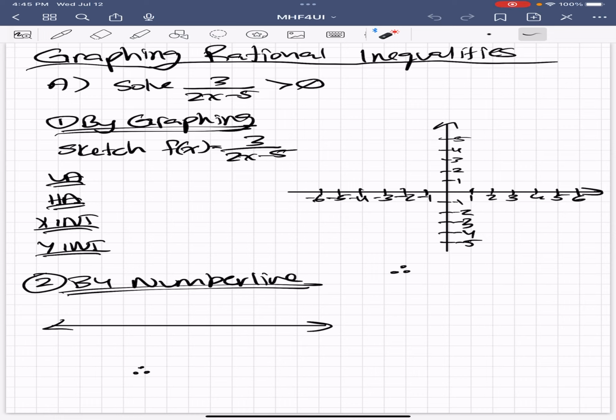Because it's just greater than 0 and not equal to, we're going to do an open circle, and we're going to indicate whether it goes this way or this way, at what point it is greater than 0 and which direction it goes. We're going to solve by graphing, by number line, and by chart. So we're going to show you different ways to solve inequalities. So I'm going to show you